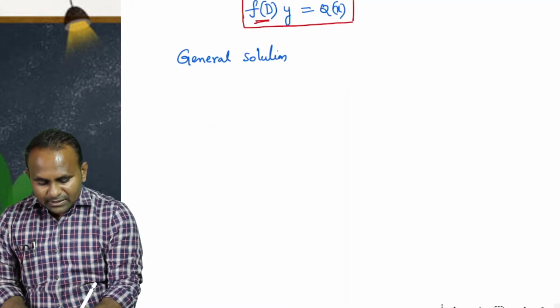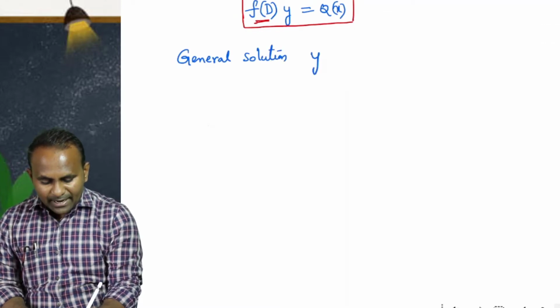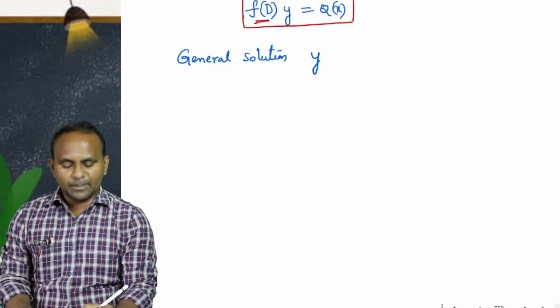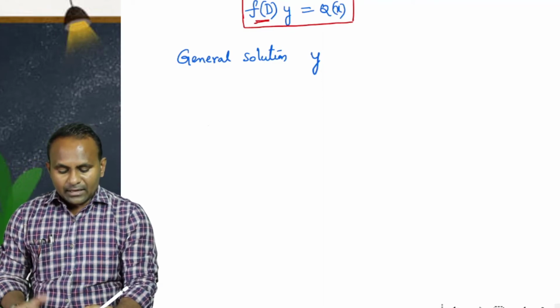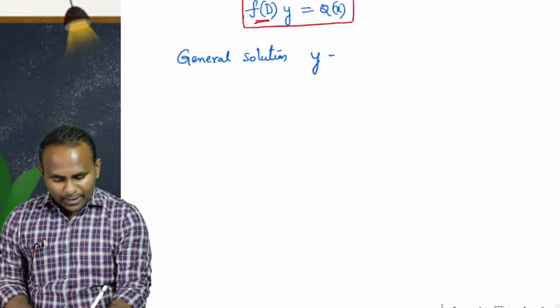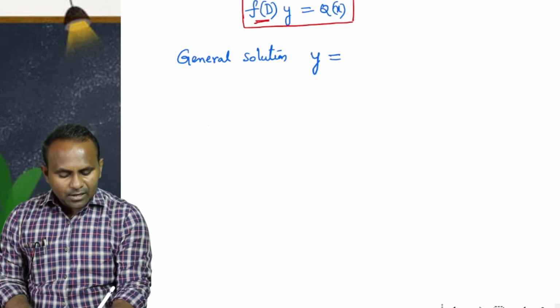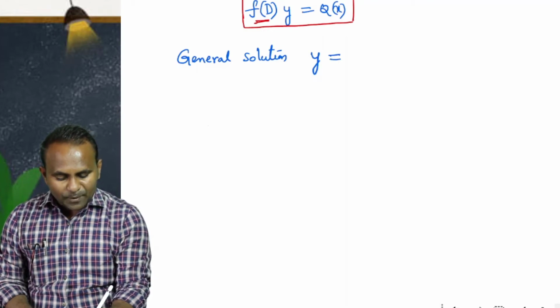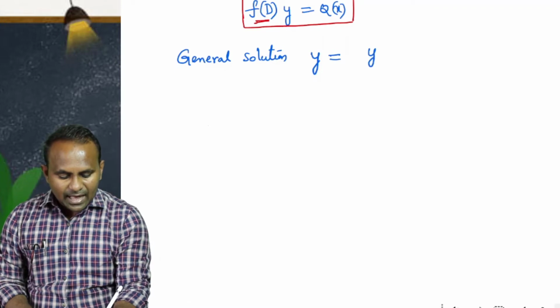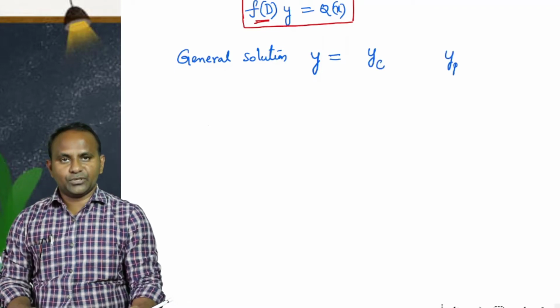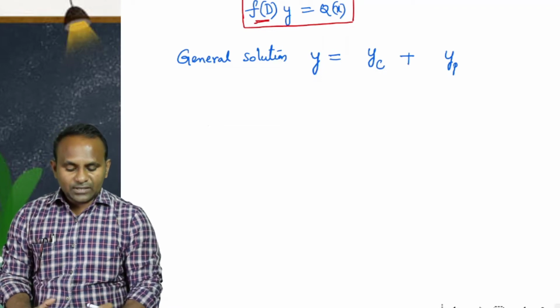of this type of differential equation will be, like, solution means you're finding the dependent variable in terms of the independent variable, like y, you're finding the function y. So the general solution will be in two parts, like yc and yp, and the sum of these two will give you the general solution. So we'll learn what these two are one by one.